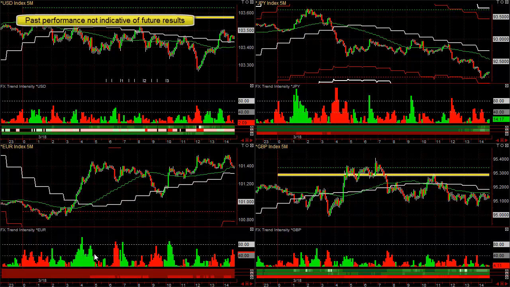Underneath the real-time momentum, we have the daily, weekly, and monthly trend. So the highest odds trades are when a currency is going up, shows a lot of intensity, and the daily and weekly trend match that, and then even a higher probability, slightly higher, 5% higher, is when the monthly also